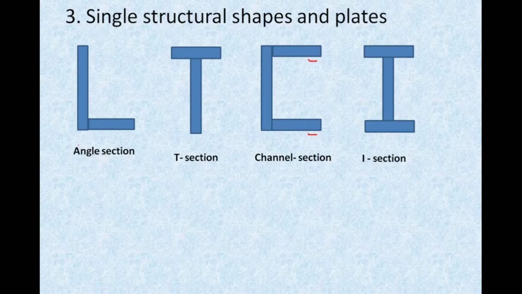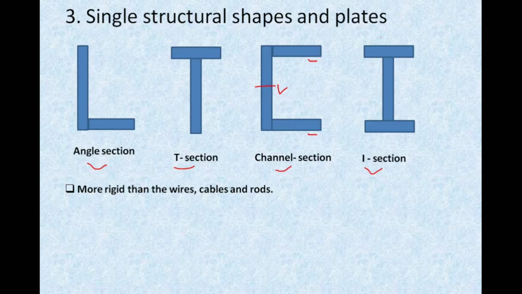One more thing: all these single sections, angle section, T section, channel section, I sections, I must tell you they are much more rigid than the wires, cables and rods which we have discussed, type 1 and type 2. Now when we talk about each single structural member, on the flanges of a channel section or angle section, anywhere, the flanges will have a low rigidity in the direction of the flange, and there is higher rigidity in the web. In this web there is higher rigidity.